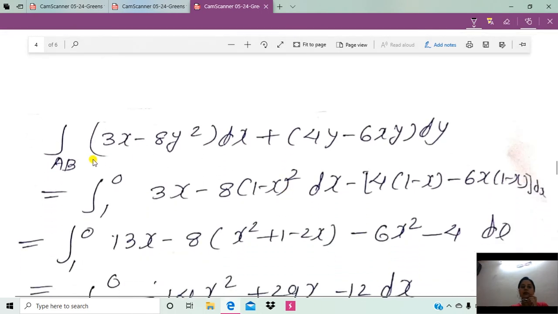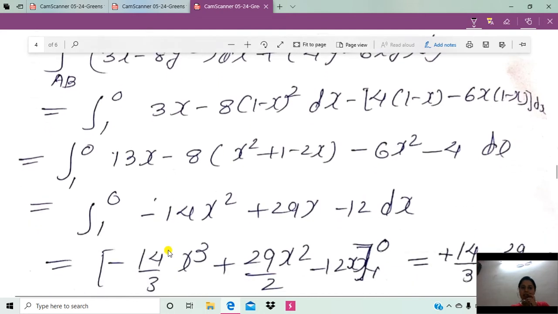Therefore the integration is now integration from the limit 1 to 0, 3x minus 8, and in place of y square we have to put 1 minus x whole square dx minus 4. In place of y it will be 1 minus x minus 6x, and in place of y it will be 1 minus x, and in place of dy we have to put minus dx. And if we take dx as common,